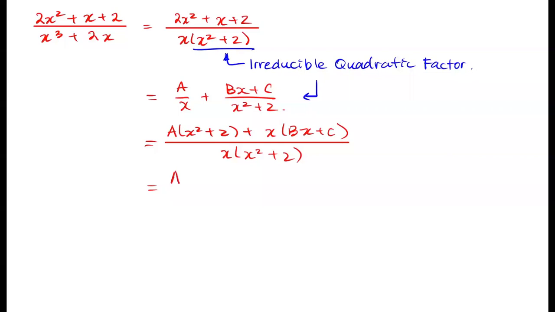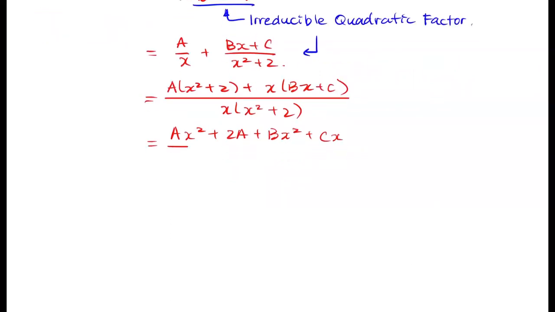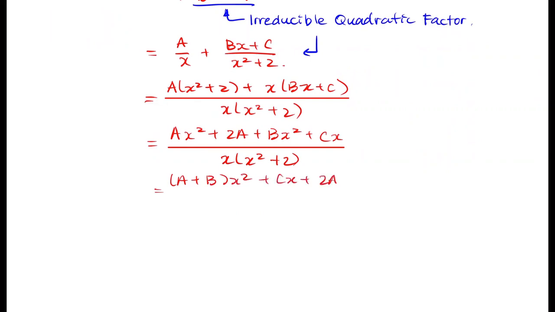Expanding everything, we have ax squared plus 2a plus bx squared plus cx, all divided by x times x squared plus 2. And so that is equal to a plus b x squared plus cx and then plus 2a,